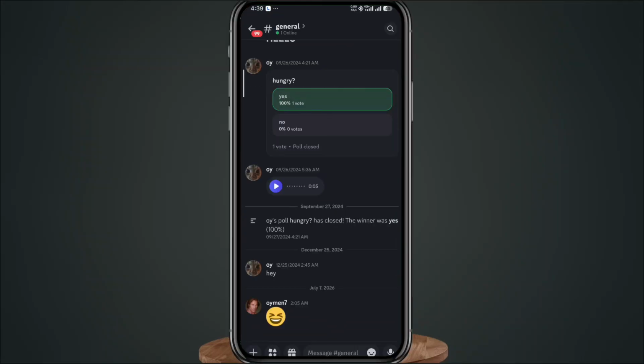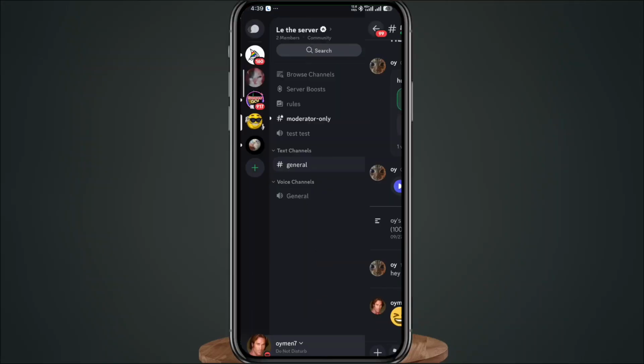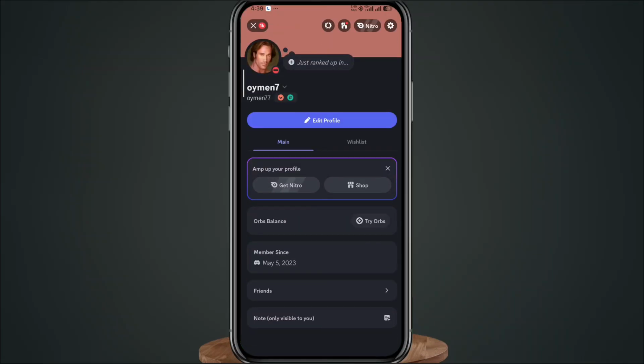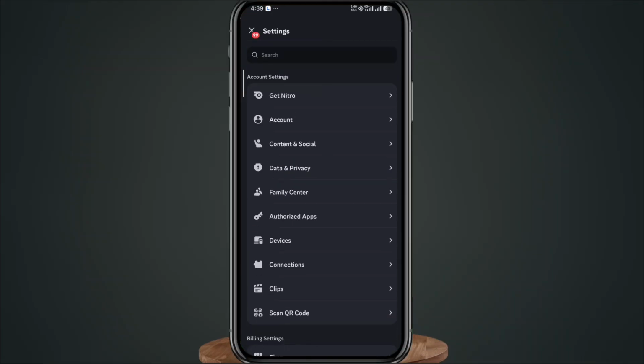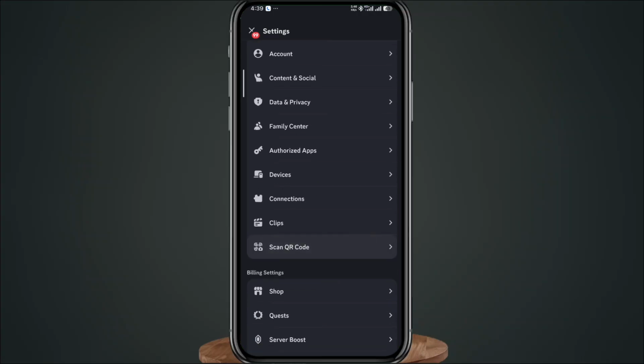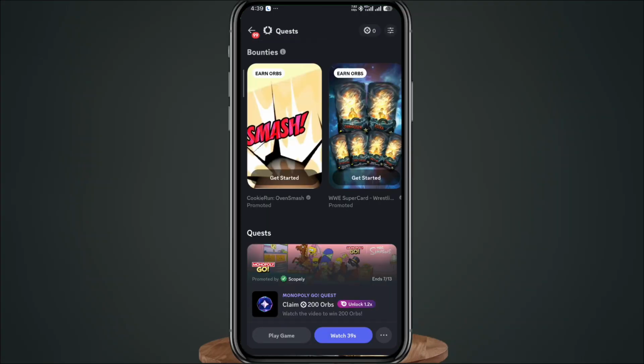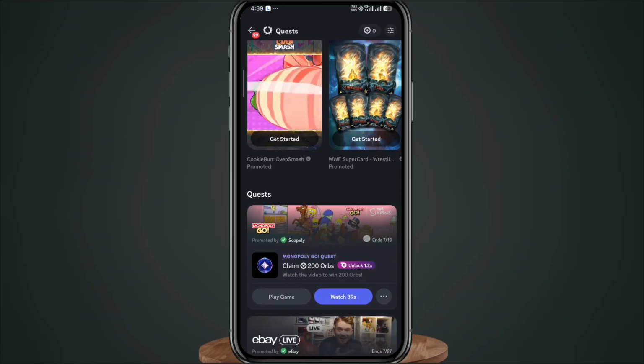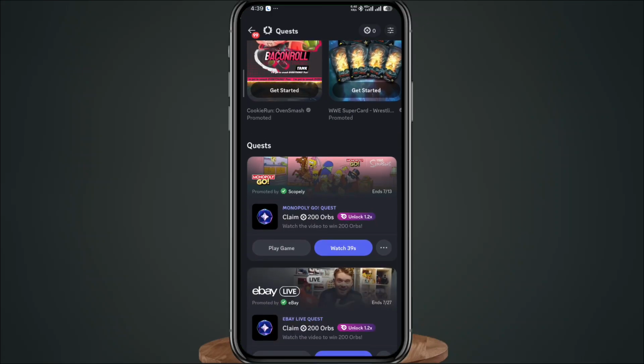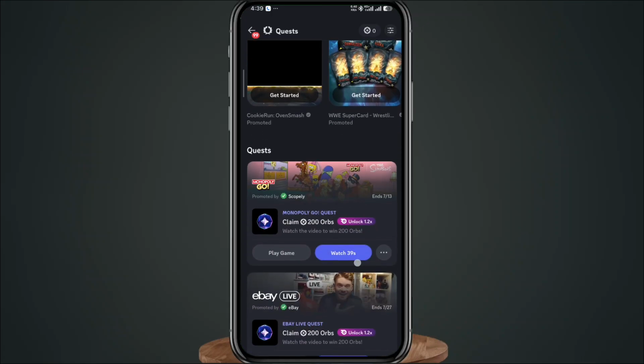So you open your Discord app and you have to be logged in, and then let's go to your profile by tapping your profile in the bottom right here. Go to settings by tapping the icon in the top right corner, and then from here go ahead and tap on quests right there. In quests, here it is guys, you can go ahead and watch ads, watch shows as I said,